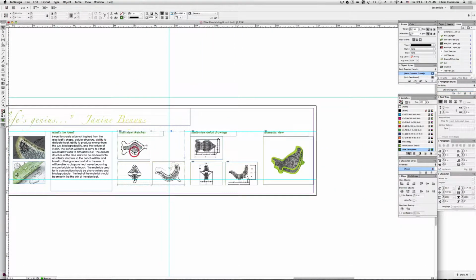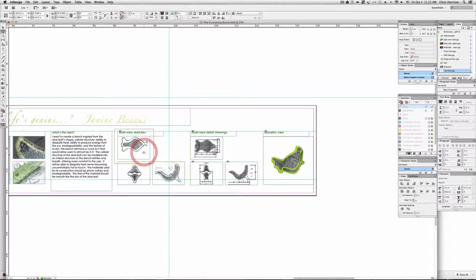When you come into here, I have these set as text or image frames, and you want to scan all this stuff. It should have been scanned ahead of time, but you want to scan your trace, the rough sketch where you drew these multi-view sketches, and bring them into this. Now I scanned one piece of paper, or did I for this one? I didn't. I did these individually. But you can use one large sheet of paper and then simply move it around to get this piece in the image frame. And maybe I did that here. Yeah, so